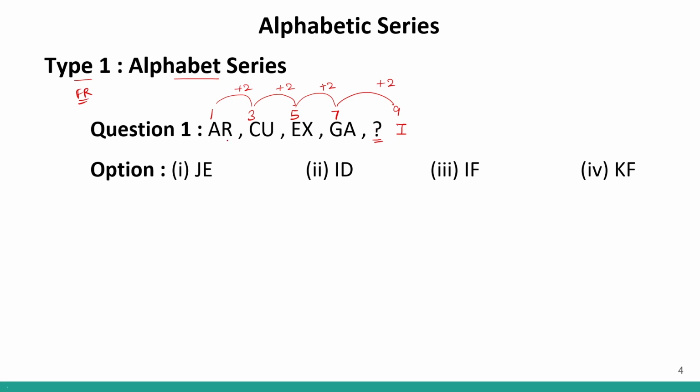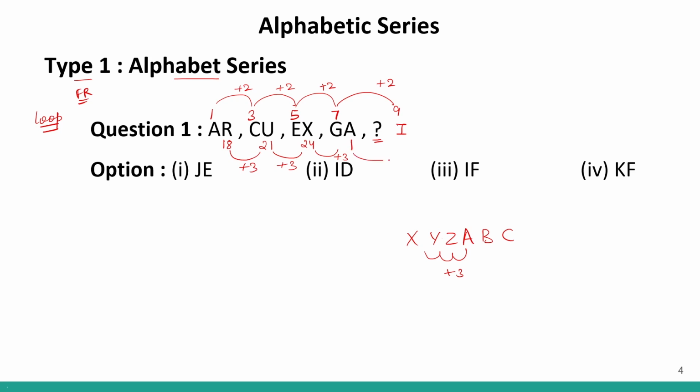Now, if I look over here, R is basically how much? 18. U is 21 forward rank. X is 24 forward rank. A is 1. So, if you remember, while discussing the concept of forward ranks, I also discussed the concept of loop. That if I have to move forward from X, I'll start again from A, B, C, D after Z. So if from X I'm moving to A, that means I am moving plus 3. 1, 2 and 3. So this is basically plus 3. This is also plus 3 and this is also plus 3. So the next element will definitely be plus 3.